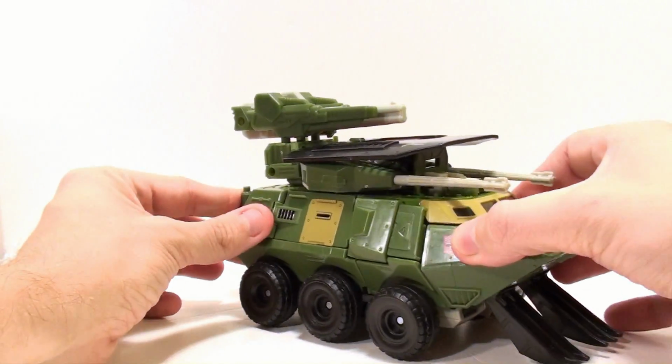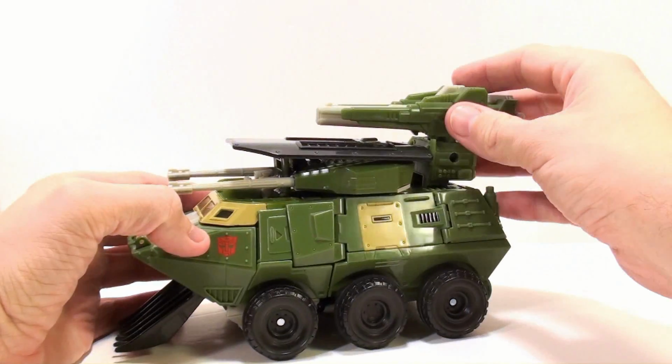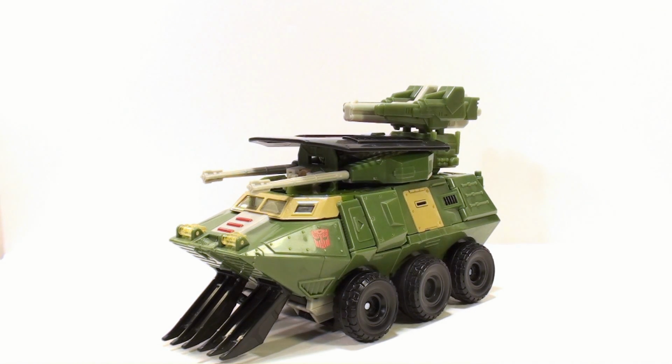I absolutely love the way this guy looks. And he's got all the sounds and everything. This is just so incredible looking. I cannot recommend this thing enough. I just think that this is a super sweet addition to this figure that really makes it stand apart from